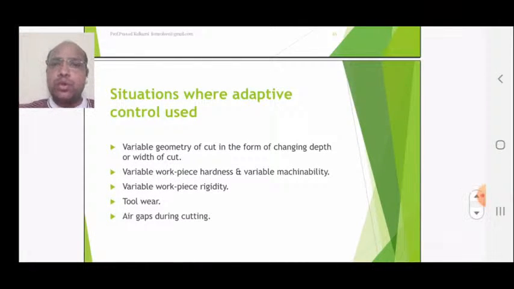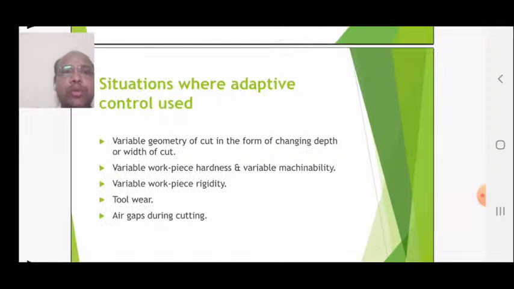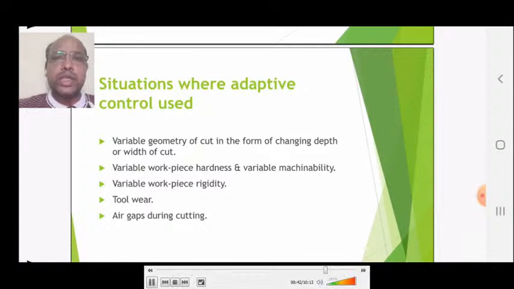Situations where adaptive controls are used: first one is the variable of cut, in the form of changing depth or width of cut. If there is a change in the geometry, in order to reduce non-productive time, there is a change in